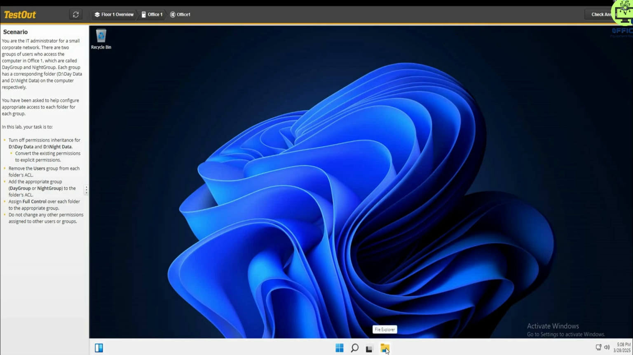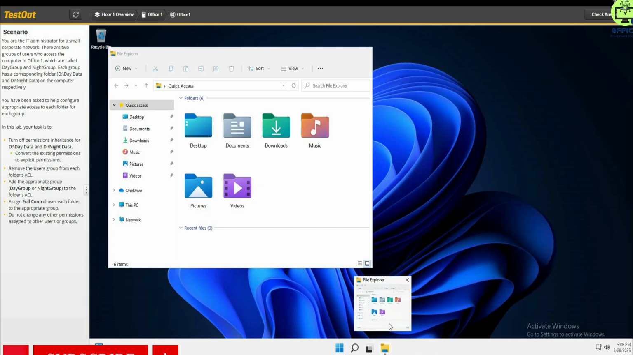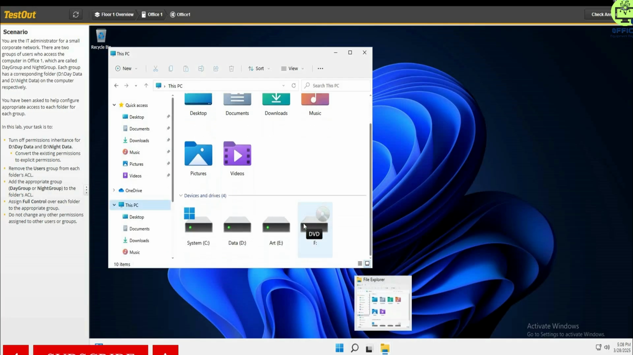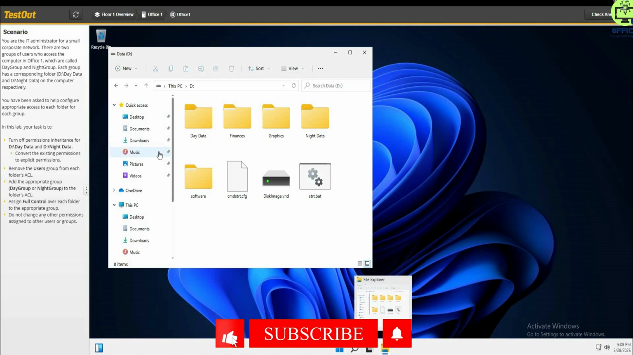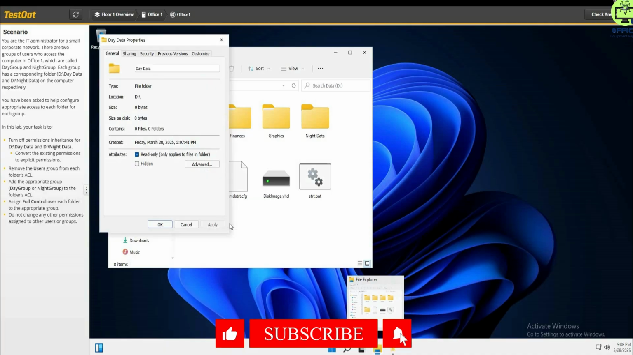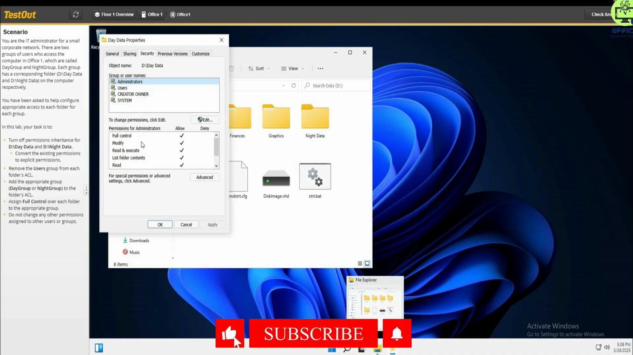We go into File Explorer and it's inside the D drive. So we are now in the D drive. You can see the day data and the night data, and what we want to do is to turn off permissions inheritance. So let's just right click on this, go to properties and security and